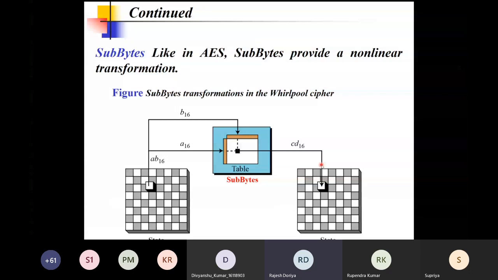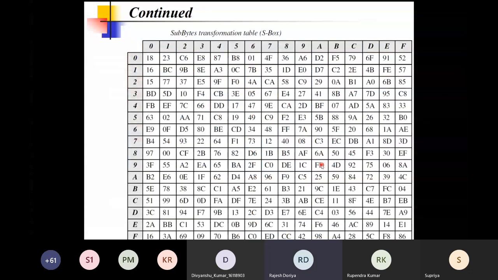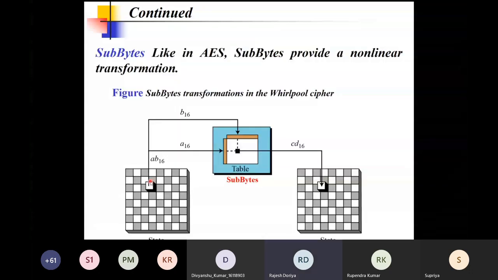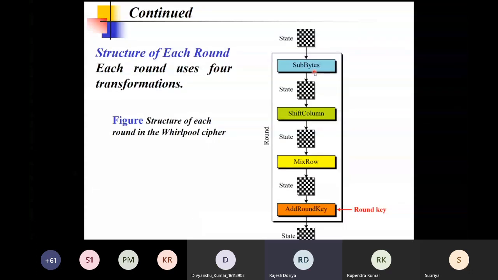But over here a different mechanism is incorporated to put the values inside your byte substitution transformation table. Although we are not going to discuss how exactly we are getting these values, let us assume that in this case as well we have an S box, and with the help of this S box we can substitute the bytes from this state. So this was all about your first transformation, where we have an S box, and with its help we are converting one state into another state.